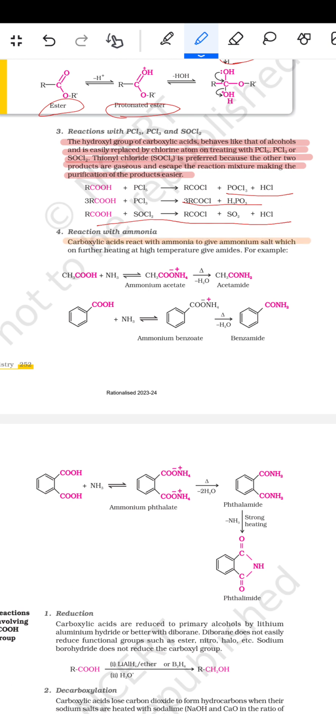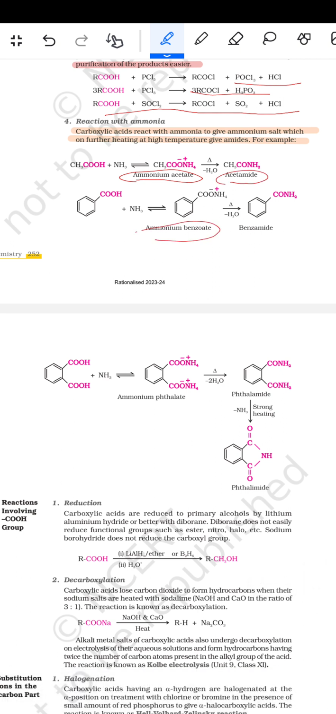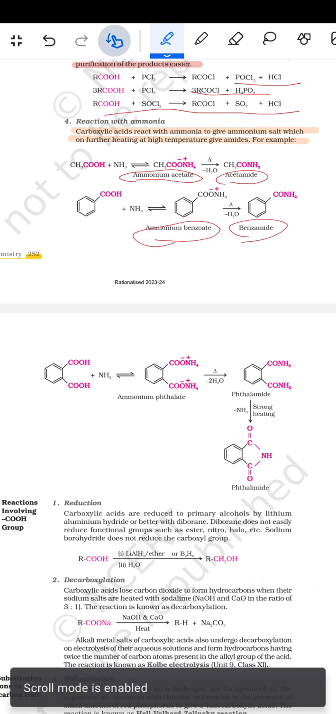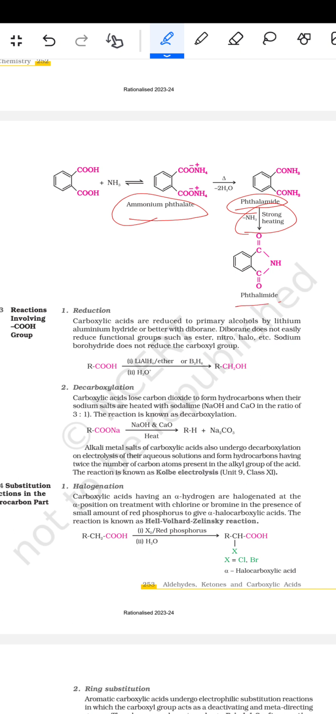give the ammonium salt which on further heating at high temperature gives the amide. For example, जैसे इन दोनों को मिलाएं तो अमोनियम एसीटेट बन गया और फिर एसिटामाइड बन गया, फिर अमोनियम बेंजोएट बन गया और फिर बेंजामाइड बन गया। उसके बाद फिर आता है इन दोनों को मिलाने पर अमोनियम थैलेट बन जाता है, फिर थैलिमाइड, फिर स्ट्रॉन्ग हीटिंग करने पर थैलामाइड बन जाता है। उसके बाद फिर आता है